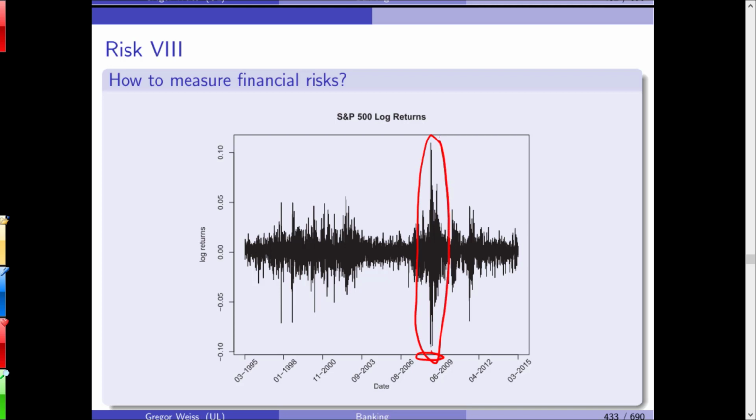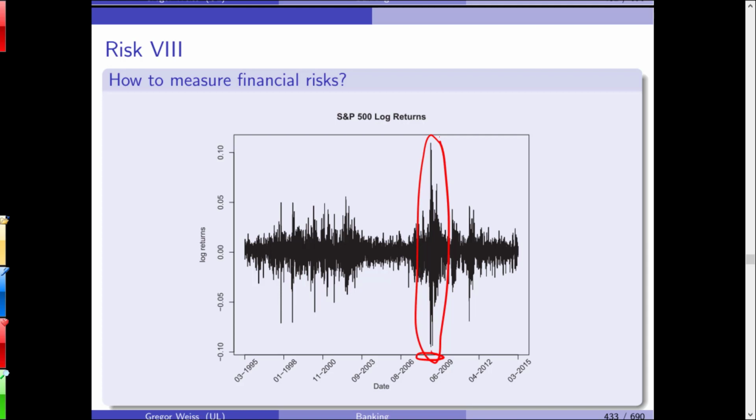What is this? The financial crisis. A single day loss of 10% is something huge. If the index loses 10% on one single trading day, this is a crash. One would think that a crash means a stock going down 70, 80%, but this is the S&P 500. So the average loss of any stock on the S&P 500 was on average -10%. And this was the largest crash during the financial crisis.